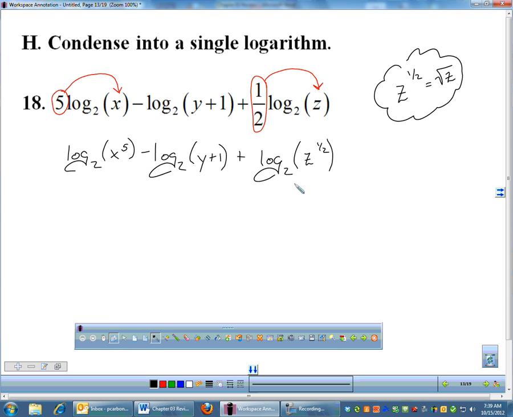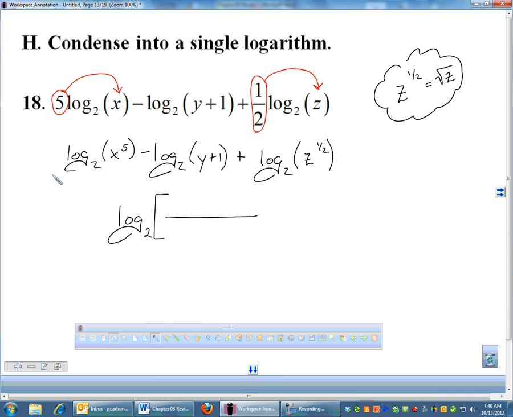So now we need to write this as one single log. They're all base 2, so I can write this as one big massive log. And remember, anything that's positive goes in the numerator. Anything that's negative goes in the denominator. So I have x to the 5th. That is a positive log. There's no sign there, so it's an understood positive. So x to the 5th